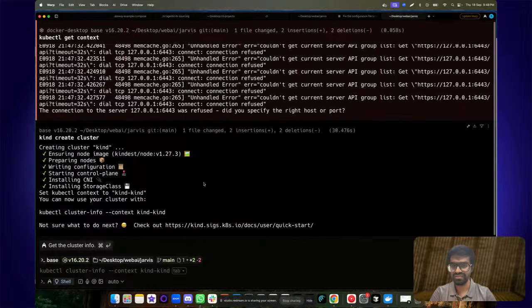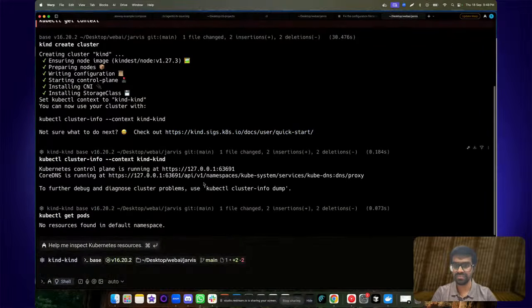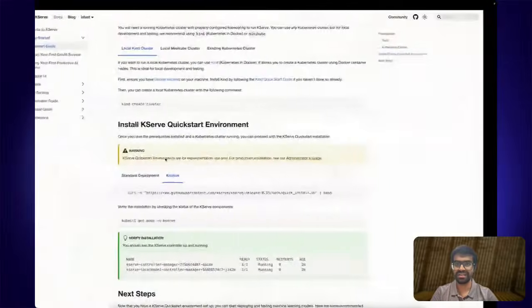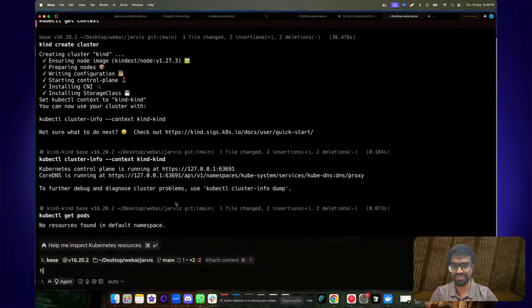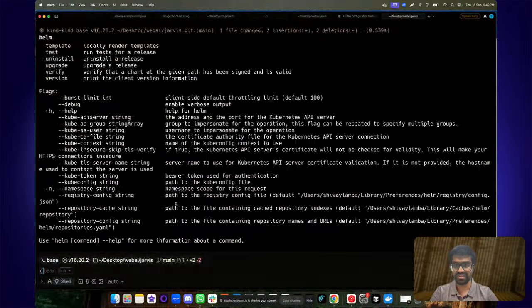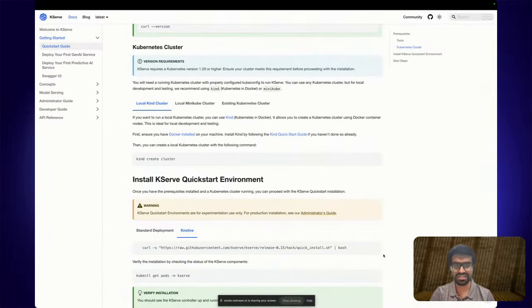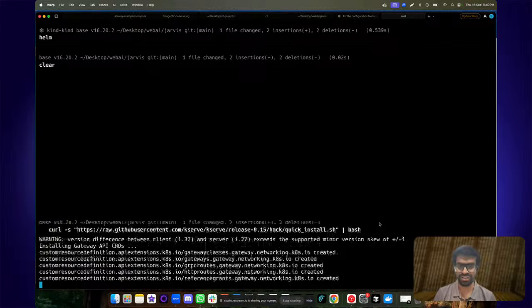Okay, if I take a look, our cluster is running. Let's proceed now with setting up, and let me also cross-check if I have Helm installed. Okay, perfect. So I think we're good to go, and we can start to run this deployment. So I'll run this curl command and hopefully everything works.